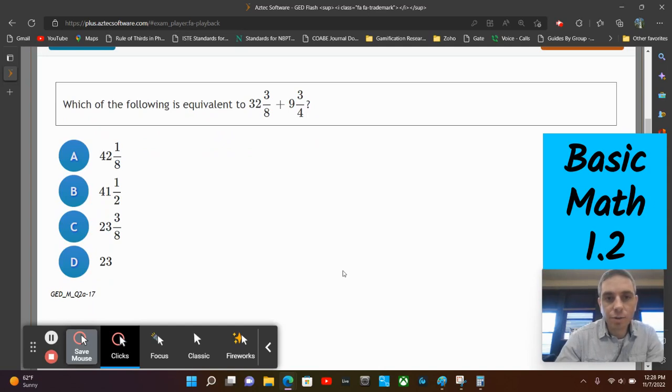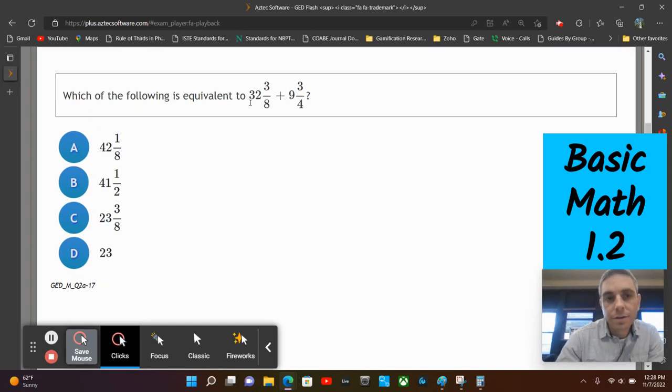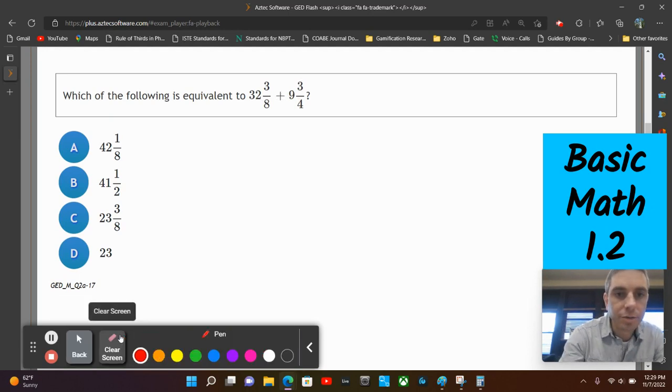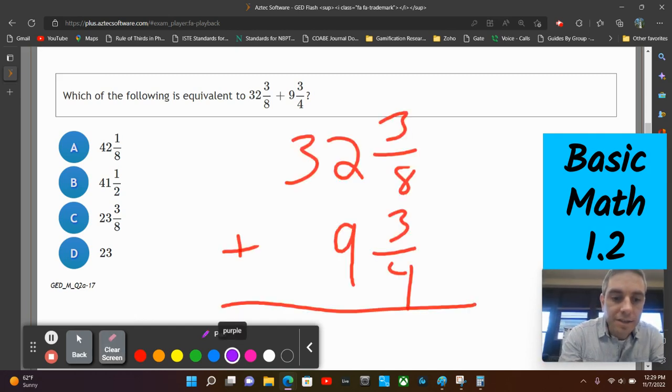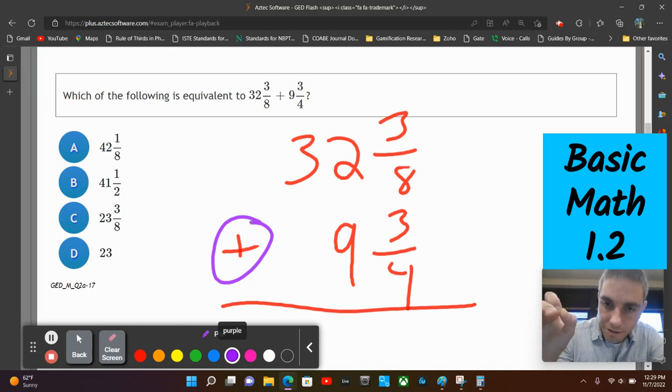Which of the following is equivalent to 32 3/8 plus 9 3/4? All right, so we're adding two what are called mixed numbers, a mixture or a combination of a whole number component and a fraction component. So 32 3/8. Now, when it comes to adding mixed numbers, the first place your eyes want to go, and this could be adding or subtracting, is you want to focus on the fraction parts,